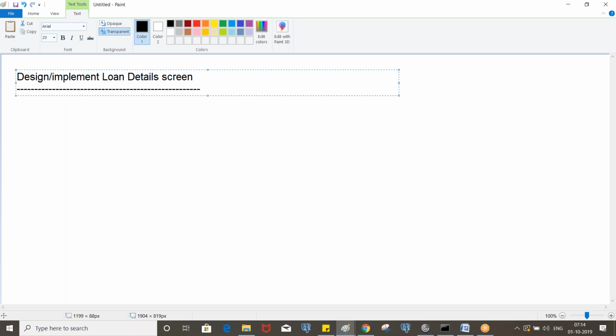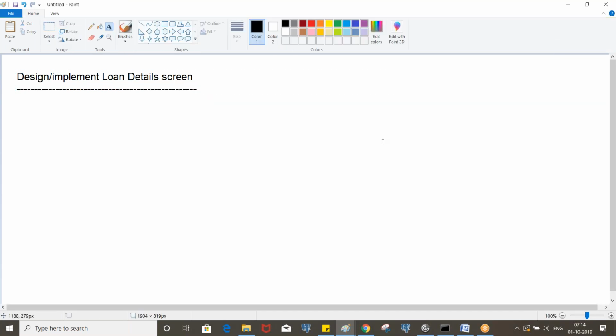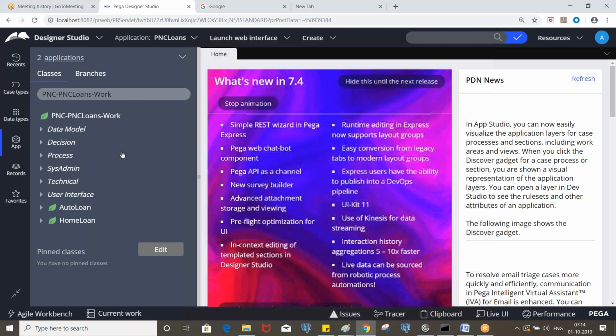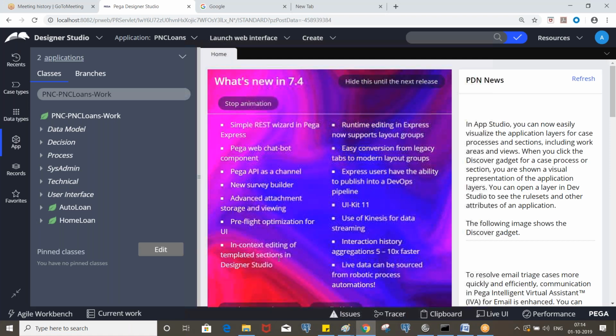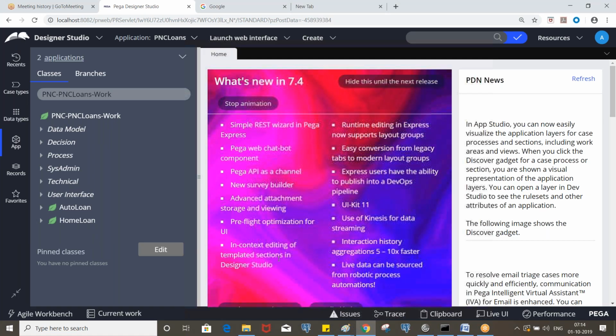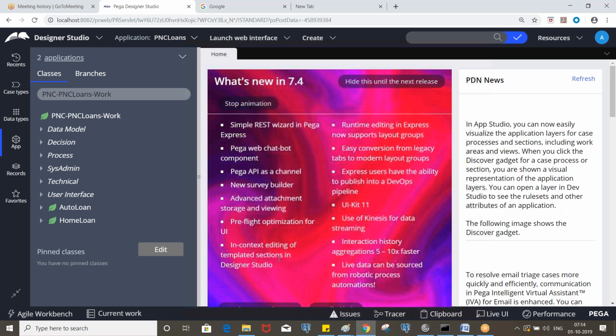So the loan details is common for both home loan and auto loan. So where we need to create that if it is common for both, in the work class, right? Before that, we need to create the properties. For loan details we need some properties.